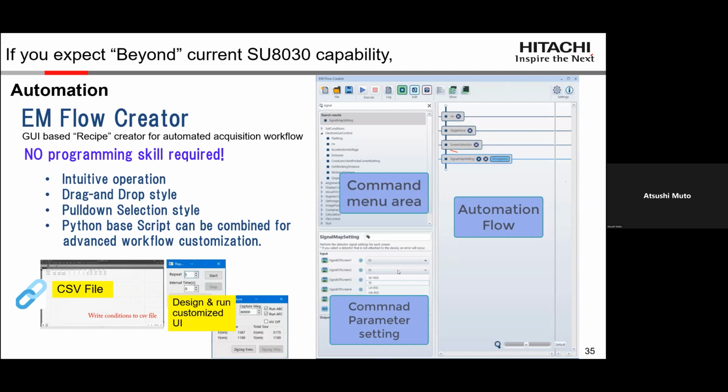So currently we have a recent tool, the EM Flow Creator, which is a recipe function. So no programming skill is required. You can see the user interface at the right side: command menu area, command parameter setting, and automation flow. Very intuitive automation. And a good point is, if your research is complex, working with EDS or particle analysis, this EM Flow Creator can accommodate it,